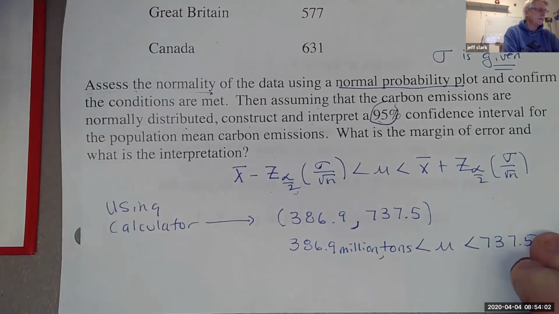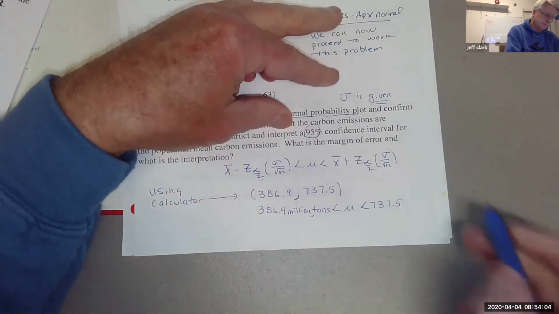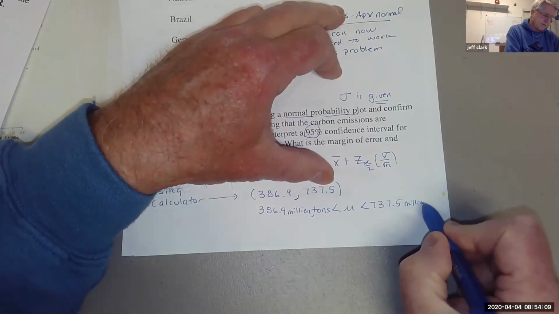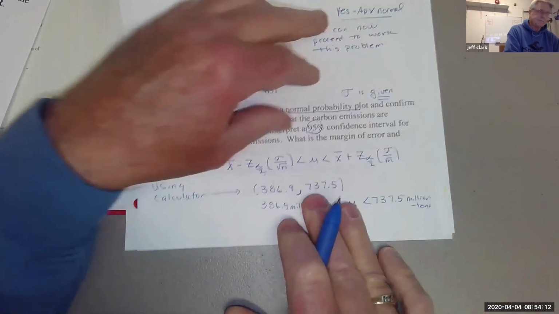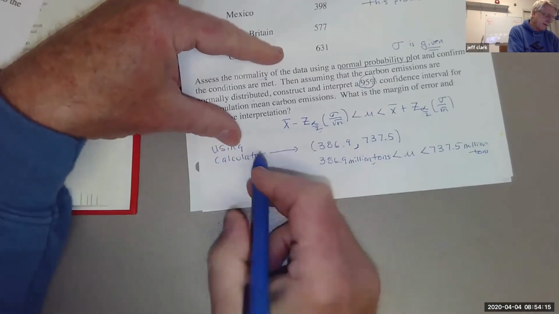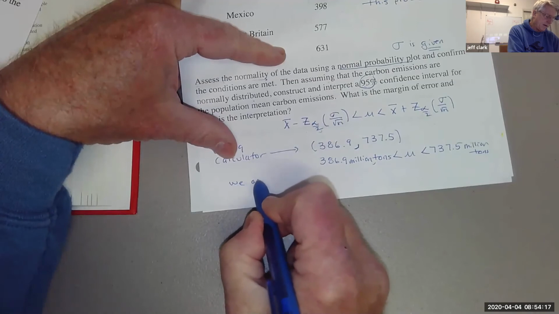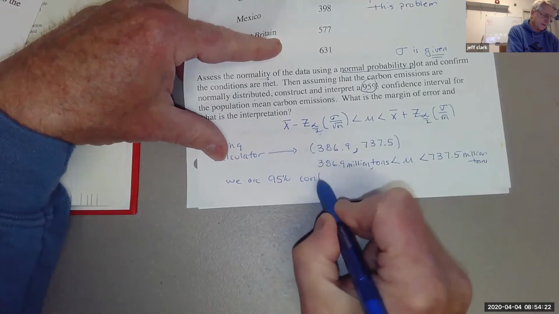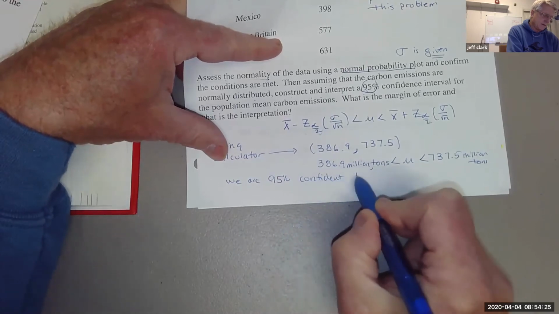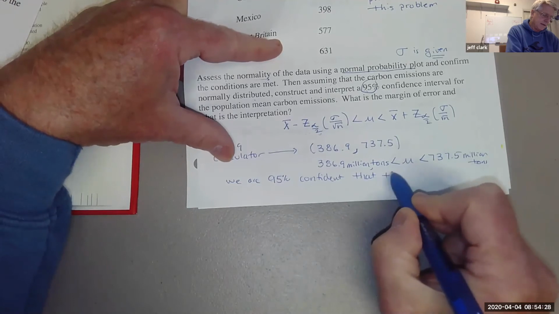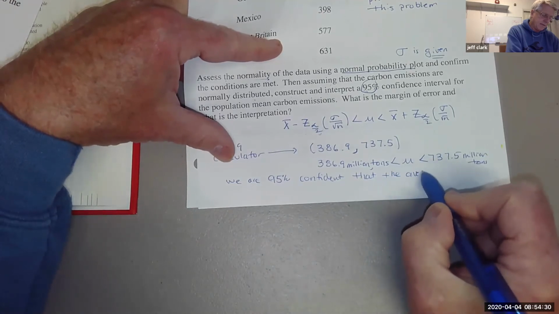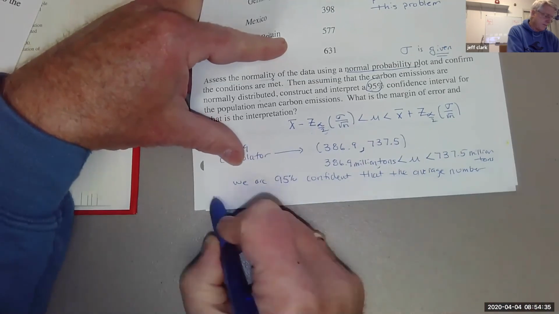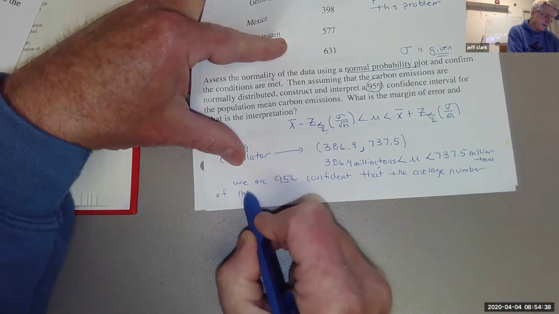And then your statement would be something like, we are 95% confident that the average number of million tons